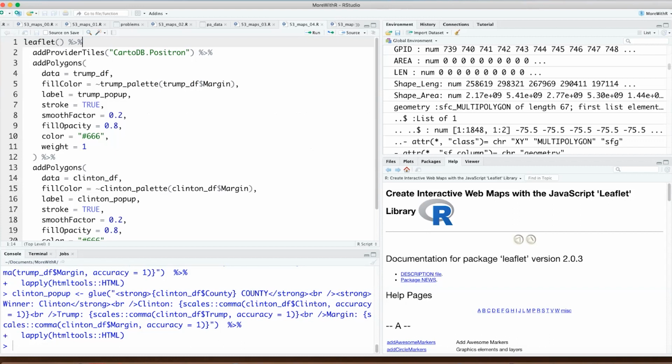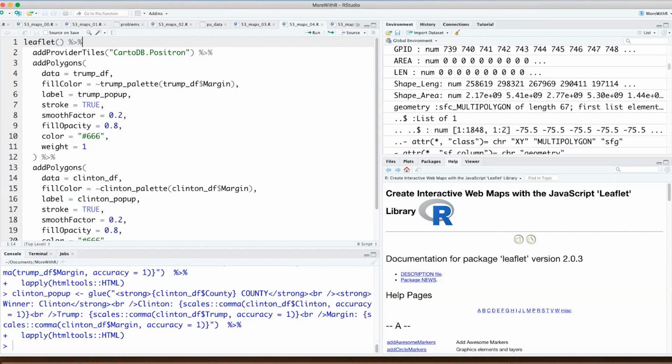At last, the map. This code starts with creating a basic Leaflet object without adding data as an argument in the main object. You see Leaflet is empty here. That's because I'm going to be using two different data sets. Next line of code sets the background tiles to CartoDB Positron. That's optional, you can use the default, but I happen to like this style.